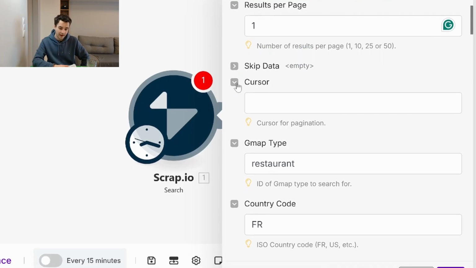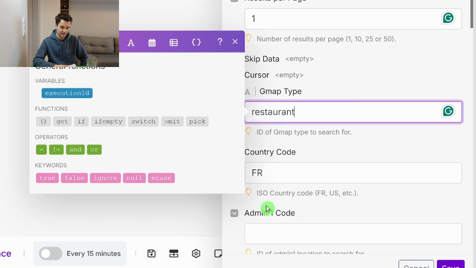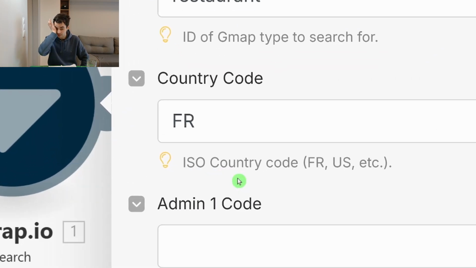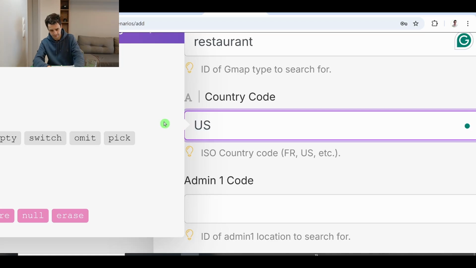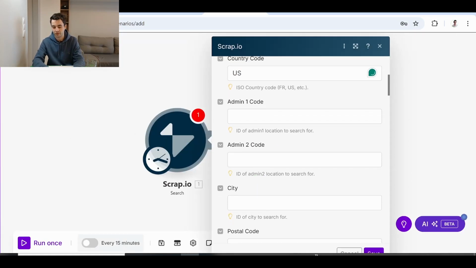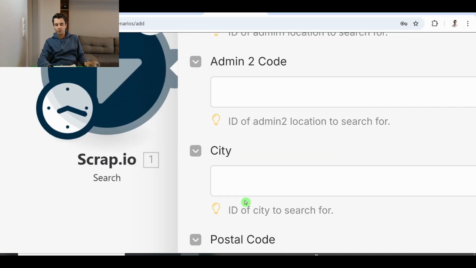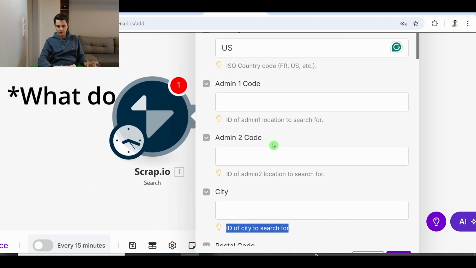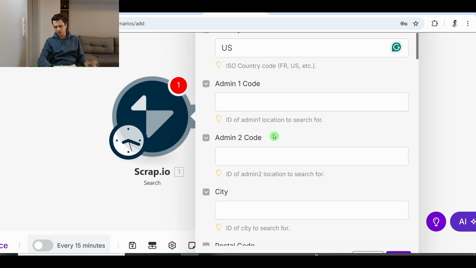The Gmap type. Restaurant, let's keep it this way. The country code based on the ISO country code, so we will go for US. Admin 1 code, admin 2 code, and city. For the city, we get what that means. We have to insert the ID of the city to search for. Okay, but what do admin 1 code and admin 2 code represent? If we take the US as an example, admin 1 codes are the states and admin 2 codes are the